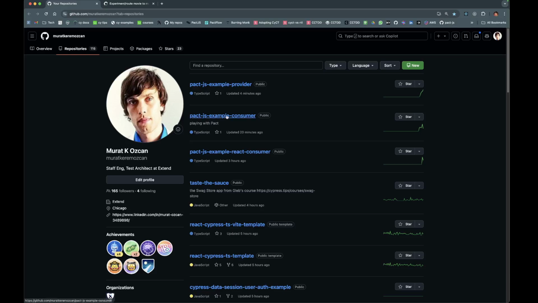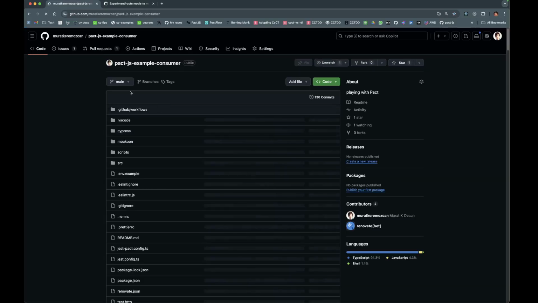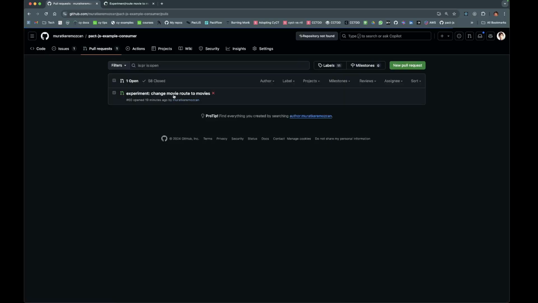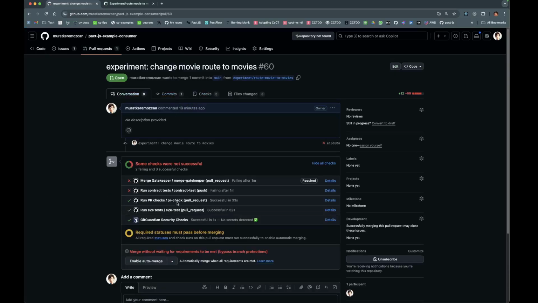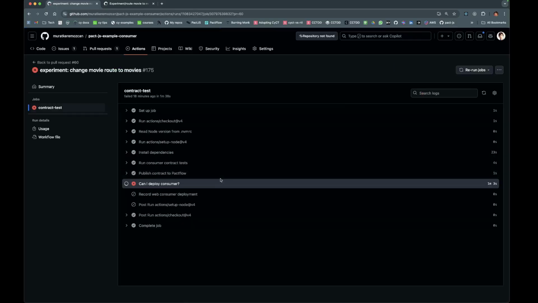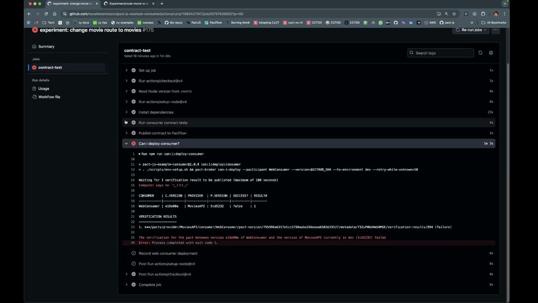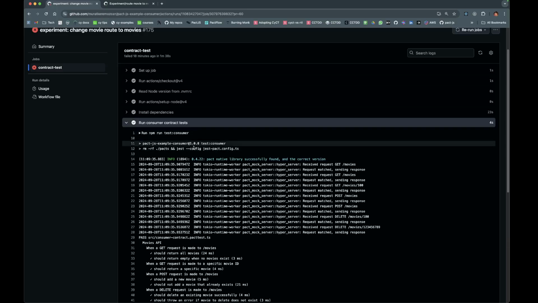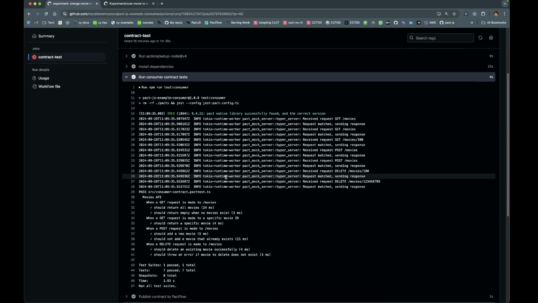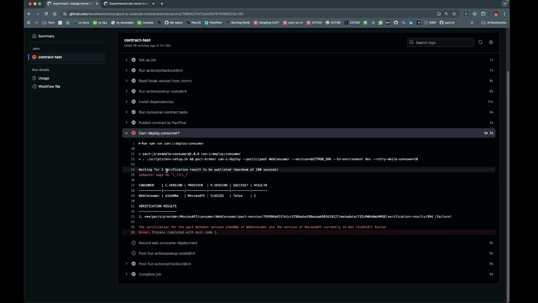Let's see, consumer. Okay, so this one will keep failing because it's also checking, right? Its contract got merged, and that one's passing because it's only checking the version of the branch on the other side. But it's realizing, hey, if these changes go to main, they will break stuff. So this will sit here.